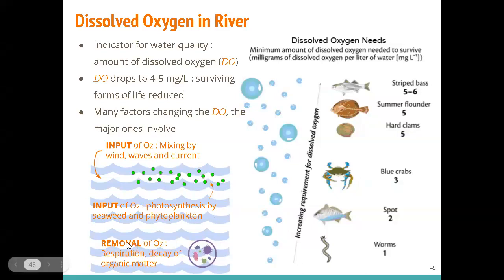And also removal, we had just talked about this, right? Removal of oxygen by the decay of organic matter or decomposition of the organic matter, okay? And we don't want this dissolved oxygen to be too low, okay? If we talk about the unit of milligram per liter, if it becomes 1, only worms can live, okay? All the fish will die, okay? To have a healthy ecosystem, we should keep it at least 5 to 6 milligram per liter.